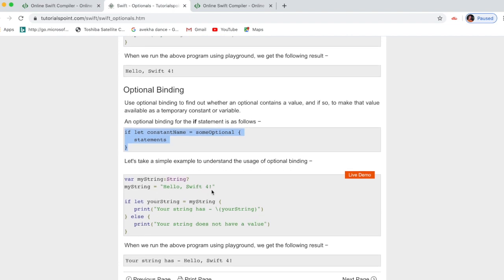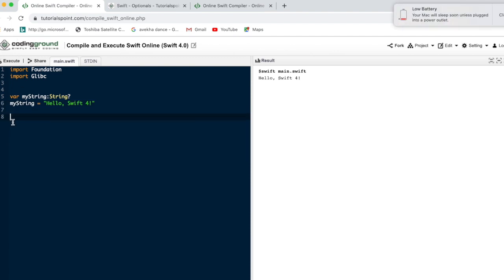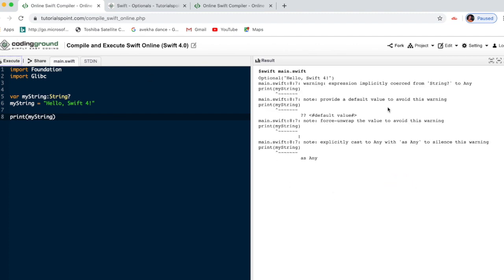As we already wrote, if I print this way, as I already told, there will be an error displayed like an optional. See, if I print my string, the error always shows, saying to force unwrap the value to avoid this warning.